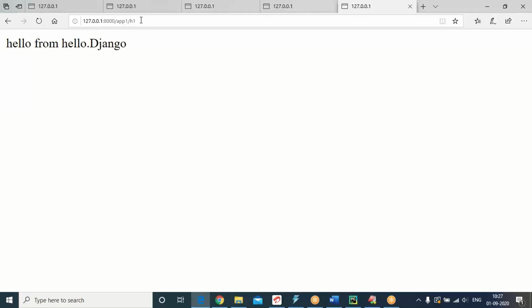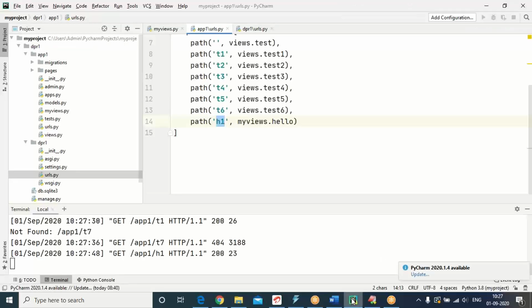Application level URL. Then service level URL. Inside a project, any number of applications. Please observe. DPR1 is a project. Inside that, app1 is an application.